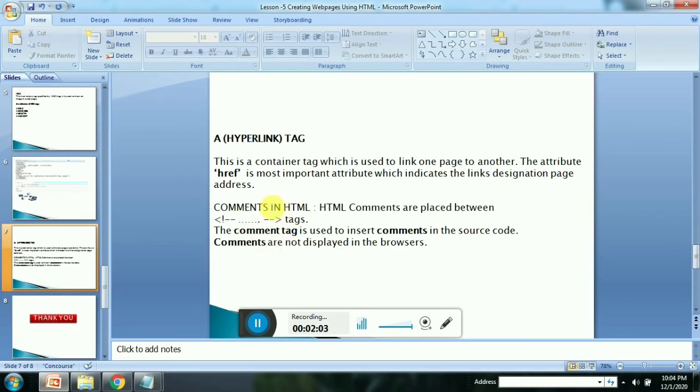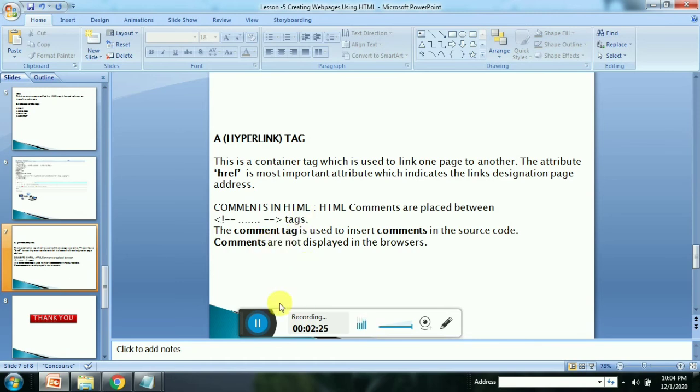Next one is comments in HTML. HTML comments are placed between this tag, and we use a comment to insert a note in our program so that we can easily edit our code later.